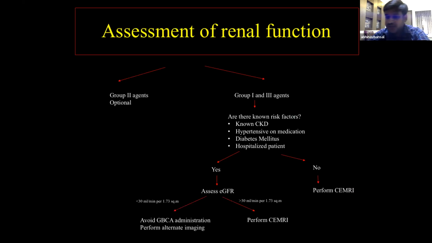So the best way to prevent NSF is proper introduction of the contrast agent and assessment of kidney function. As has been observed, group 2 agents are the safest ones, and assessment of kidney function is optional in these cases when group 2 agents are planned to be used in a contrast enhanced study. And according to the most recent guidelines issued by the ACR and the National Kidney Foundation, for use of group 1 and 3 agents, monitoring of the renal function is required, especially if the